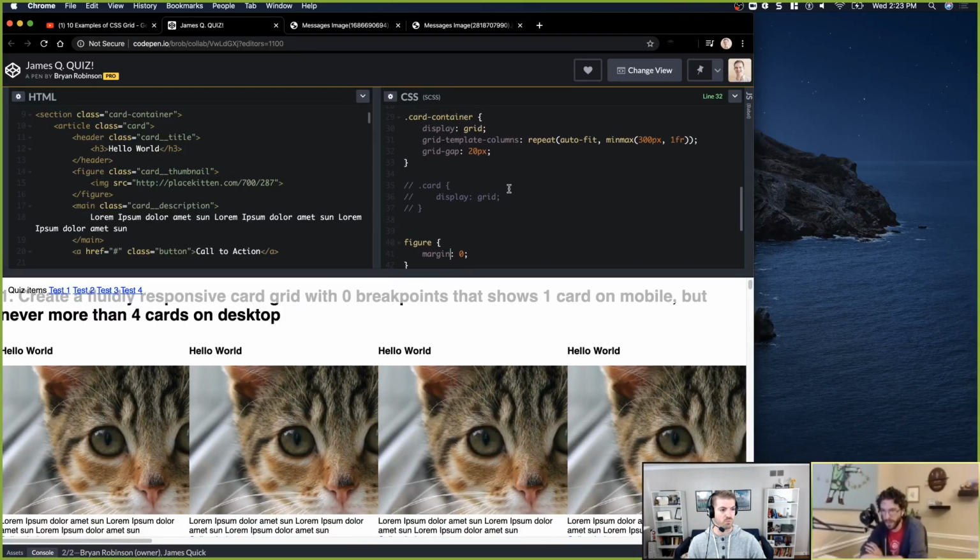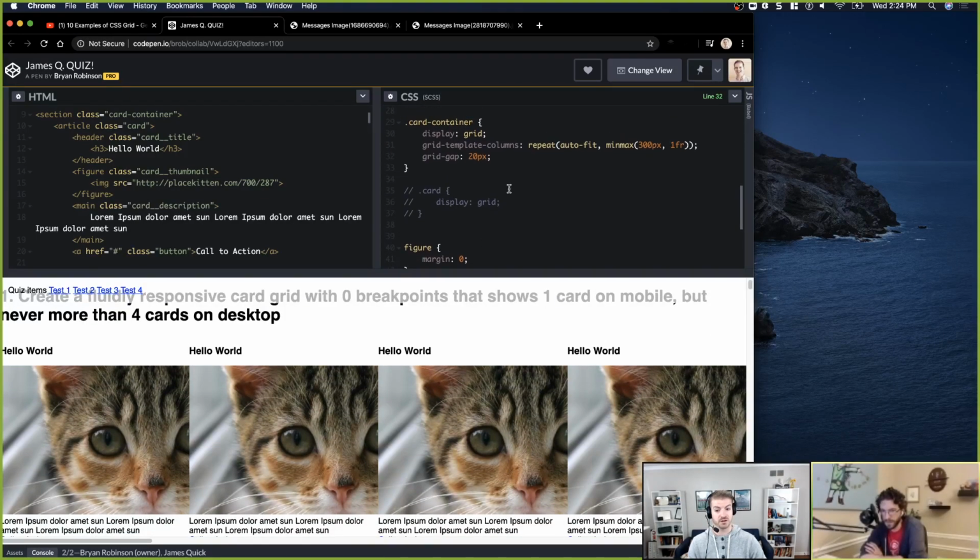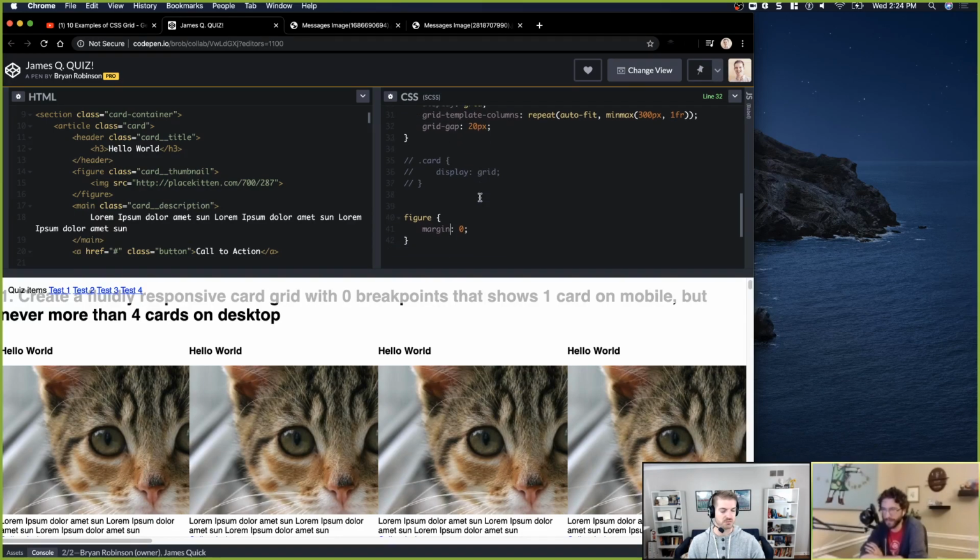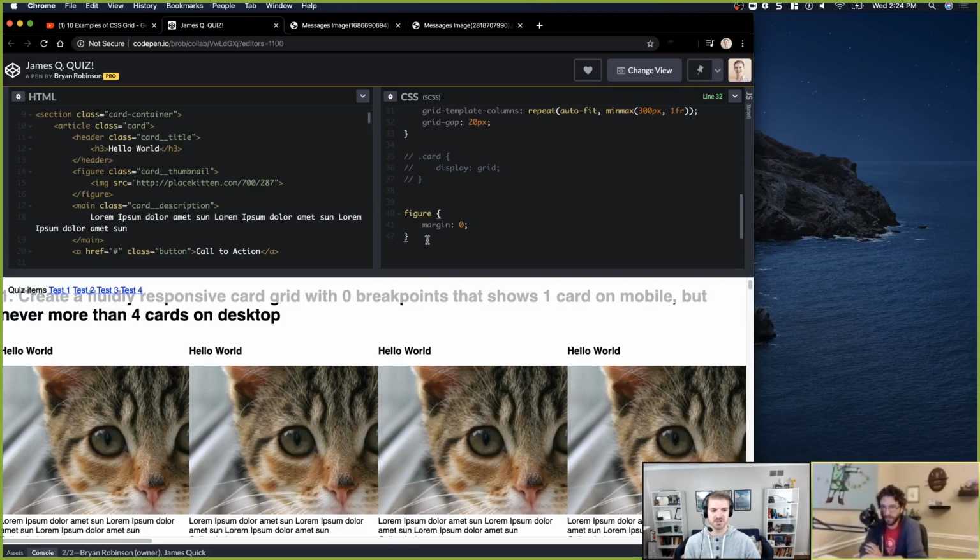Hmm. Why did I think earlier that our grid gap was working? Oh, the grid gap is probably still working. The image is now taking up too much. I always get confused with images. In this case, should I set the width to 100% because the width is already defined by grid? Assuming the figure itself will span the entire width of the grid, if I set the image to 100%, it will fit the width of the figure, and then it'll look more like what we're looking for, I think. These are all correct assumptions.